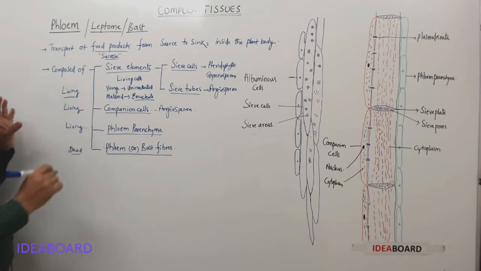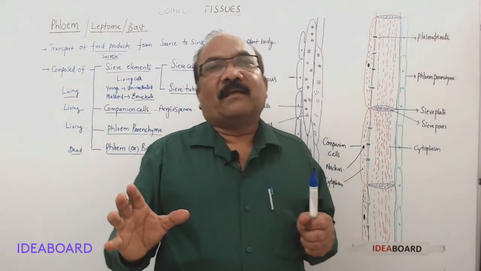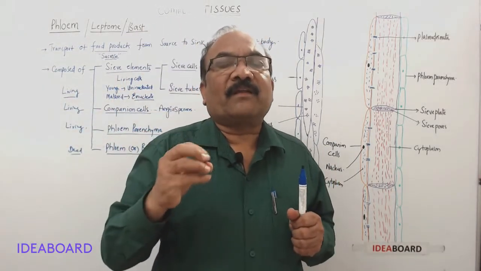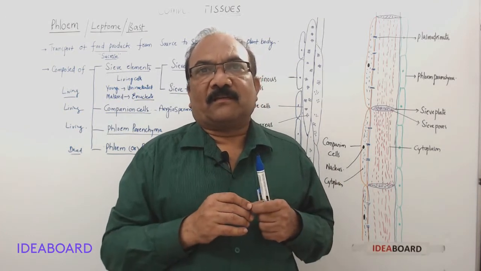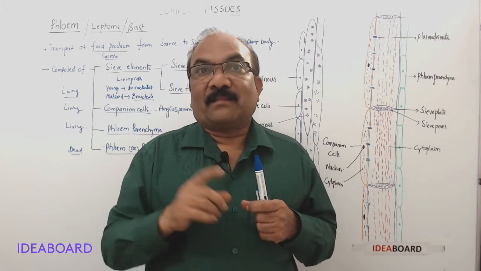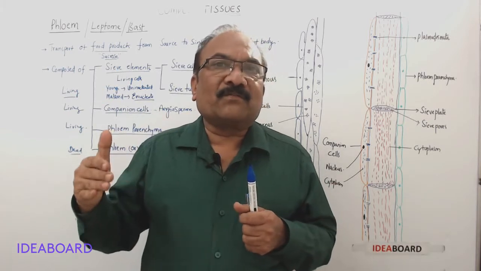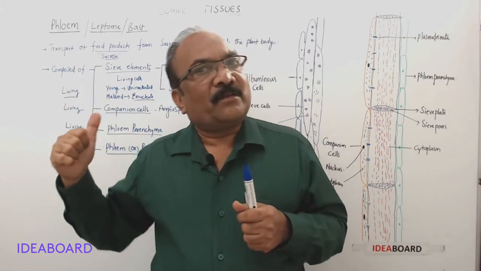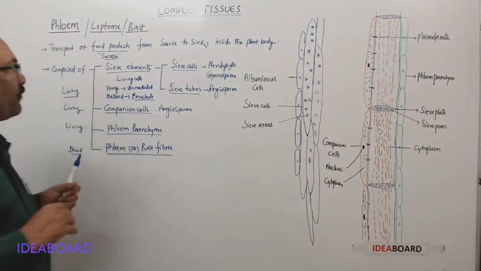So that's why the phloem is described as living food conducting tissue. Of course, we discussed while talking about xylem, that it is dead water conducting tissue, because the majority of the cells associated with the xylem are dead cells, but the majority of the cells associated with the phloem are living cells. Okay, now let us see